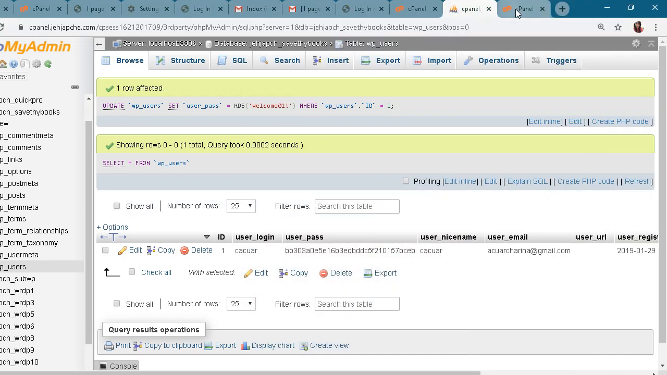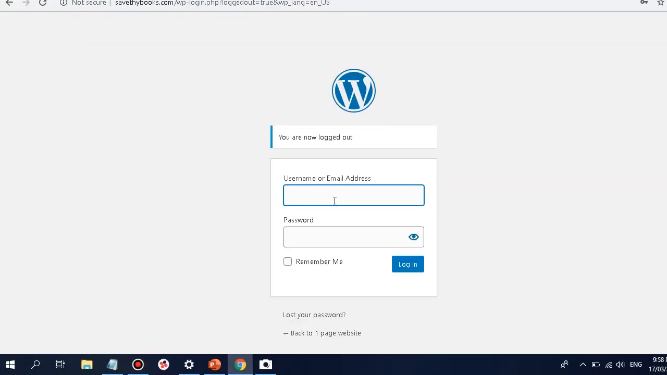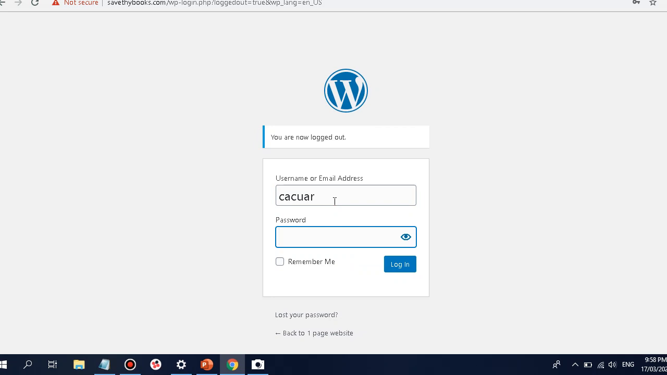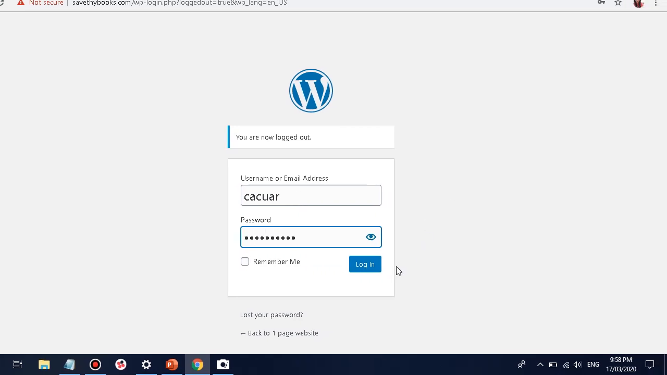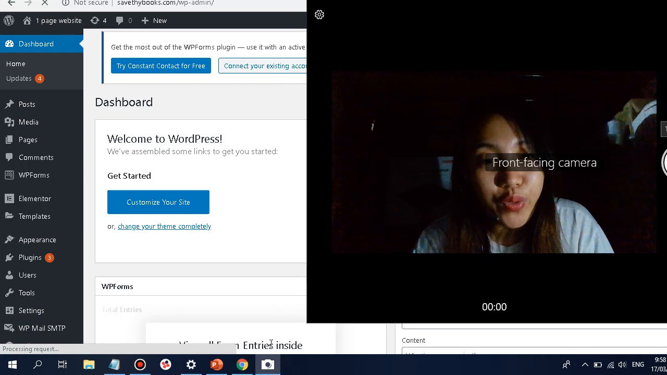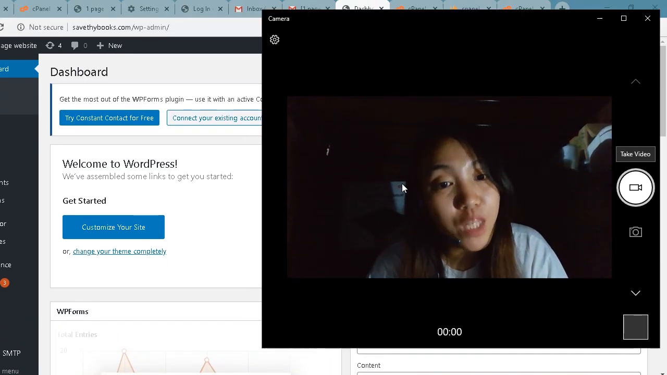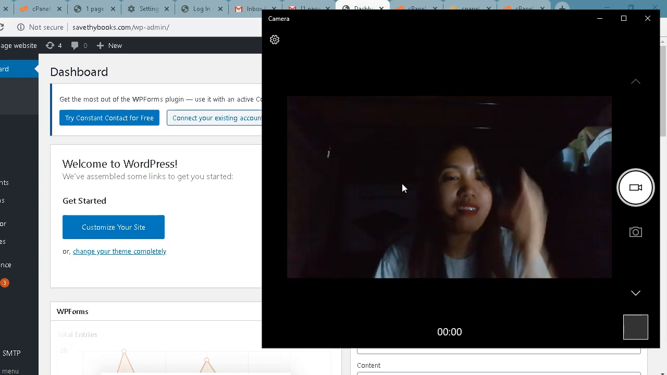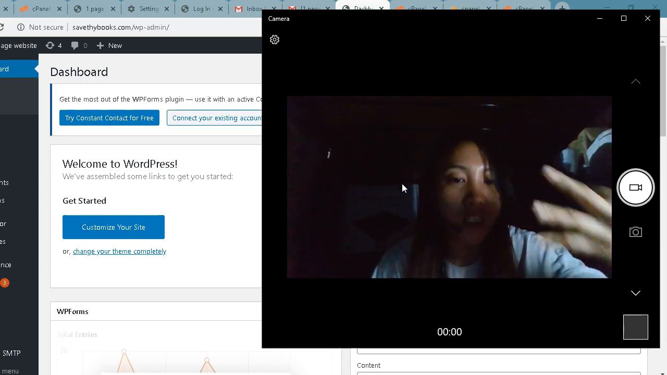PhpMyAdmin. All right. Now let's go here to the login. I'm going to type in my page, then I'm going to type in my password that I added in PhpMyAdmin, then let's see if it's working. And there you go. So the PhpMyAdmin changing password works. All right, so that's three ways on how to change password